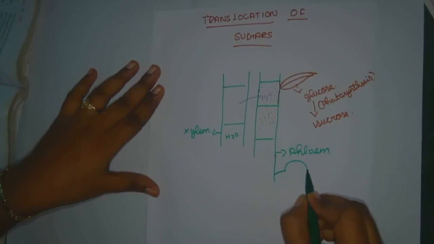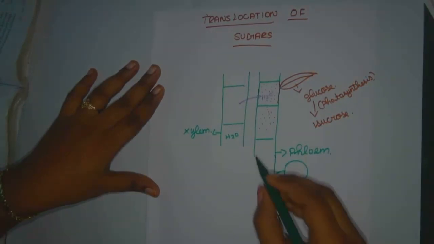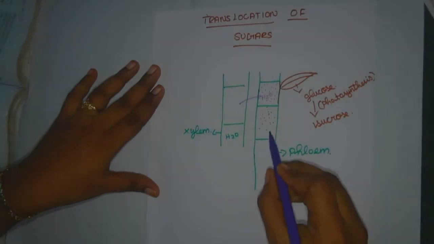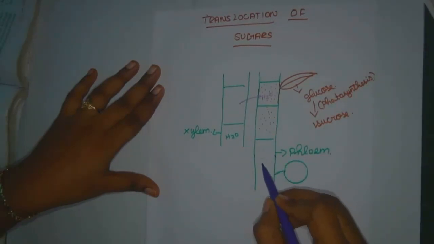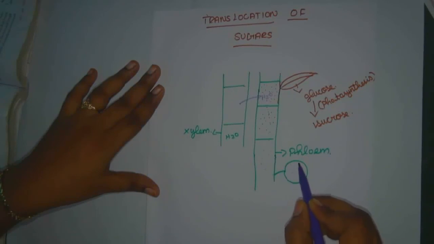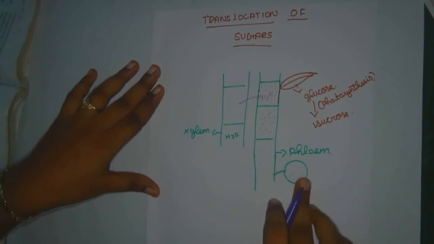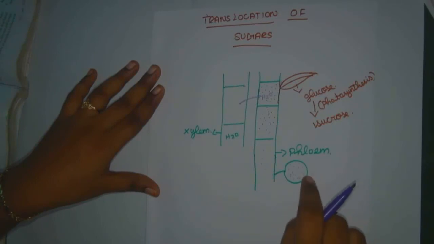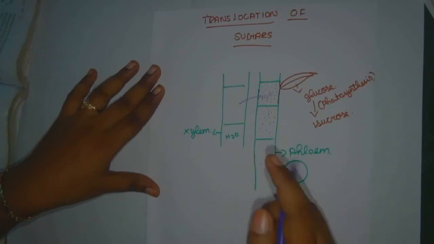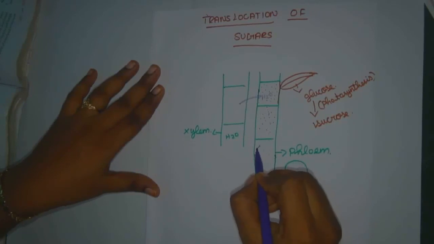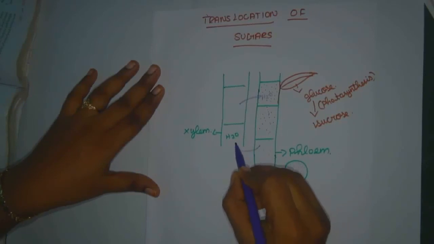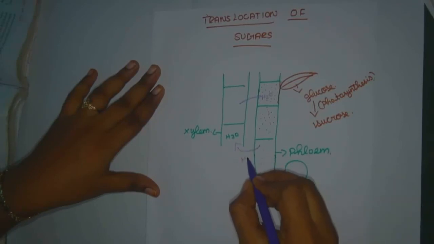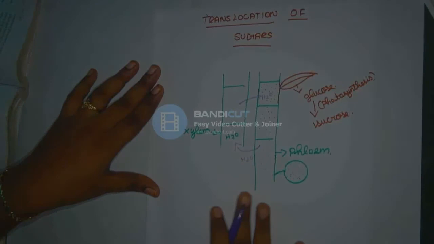Okay, just imagine this is a fruit part, and now the food travels and is stored in the fruit part. When needed, it is stored and utilized there. As the sugar is removed and stored here, the pressure decreases, so water moves out from the phloem.